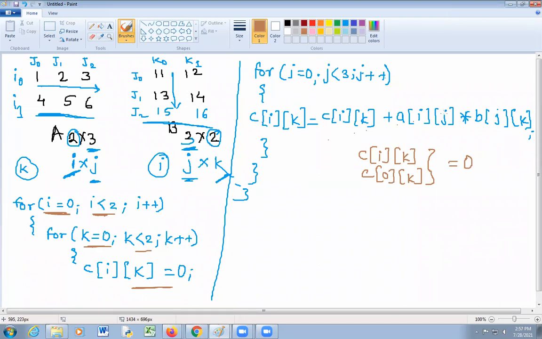Then i equal to 0, k equal to 0. Then check j is equal to 0. Then 0 is less than 3, check this condition and put the values. Here I am writing this equation here. So C of ik, that is C of 0, 0, which is equal to C of 0, 0